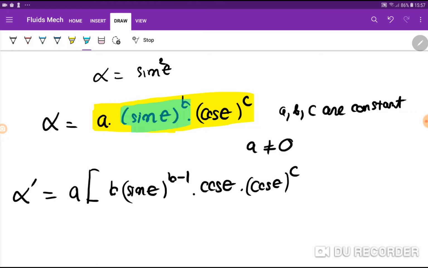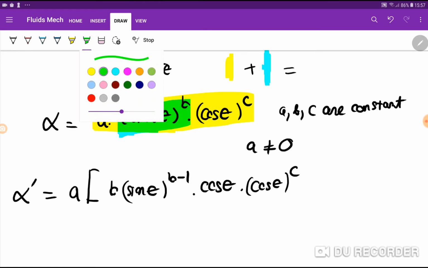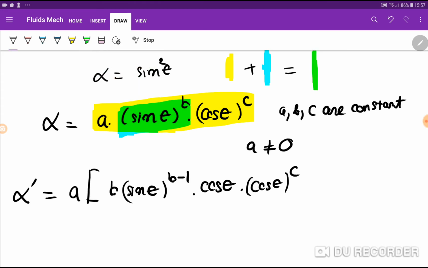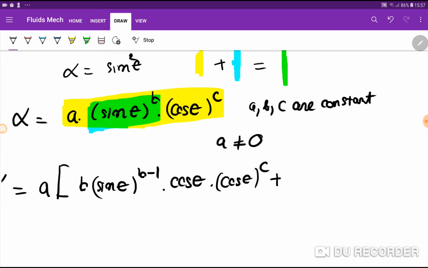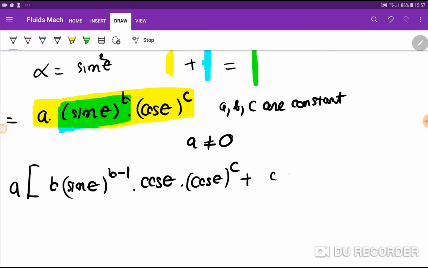Look, it turned green: yellow plus blue equals green. I just discovered it, guys. It's so cool. Then you find the derivative of cos theta to the power of c, which is c times cos theta to the power of c minus 1